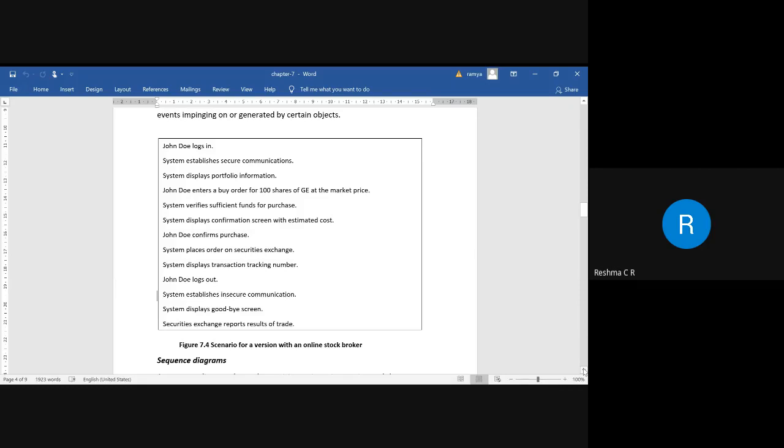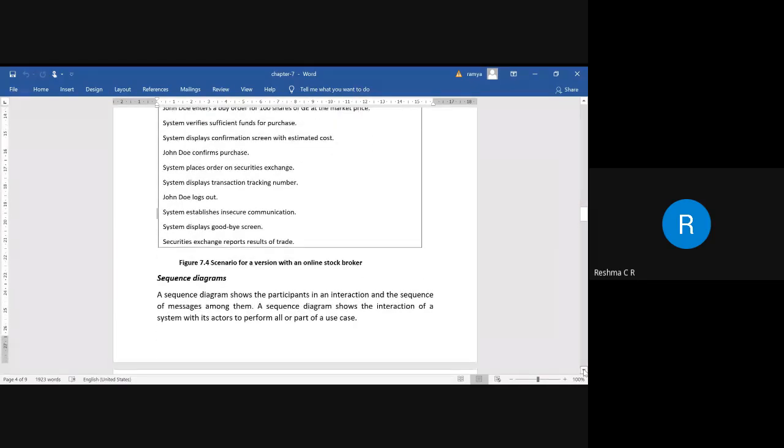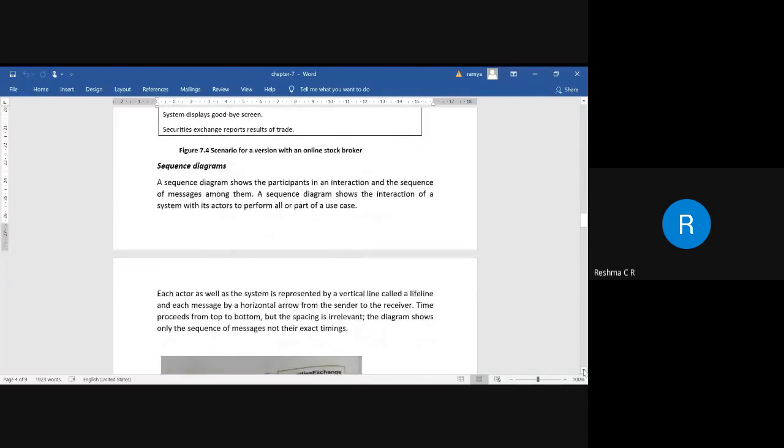After identifying these scenarios, the events that are going to be carried out have to be identified. After writing the scenarios and observing all the events, we need to represent a sequence diagram.